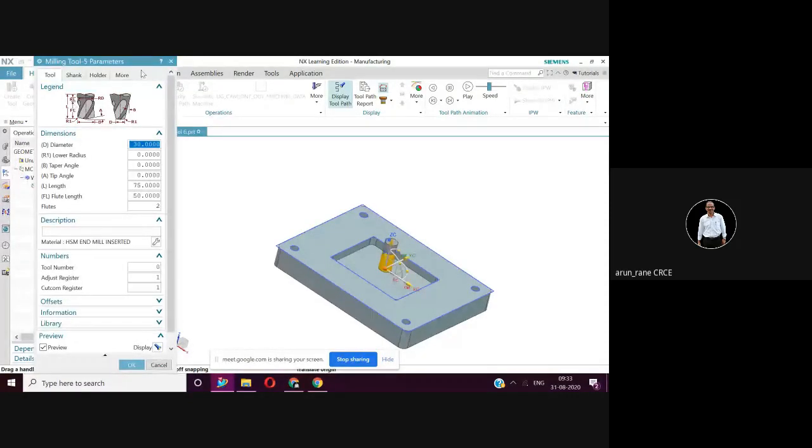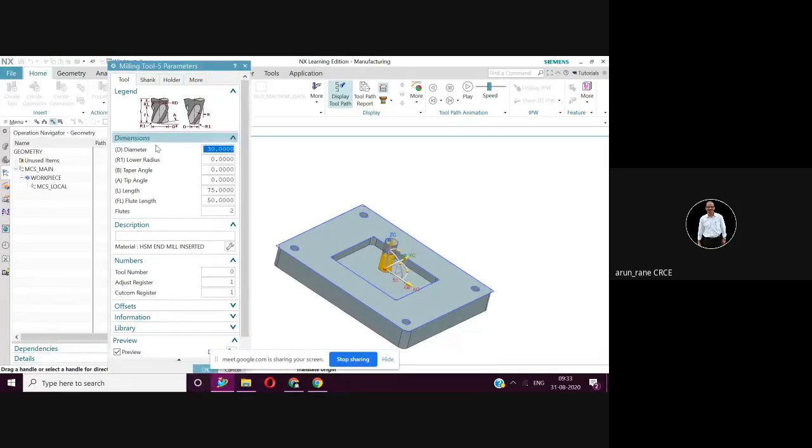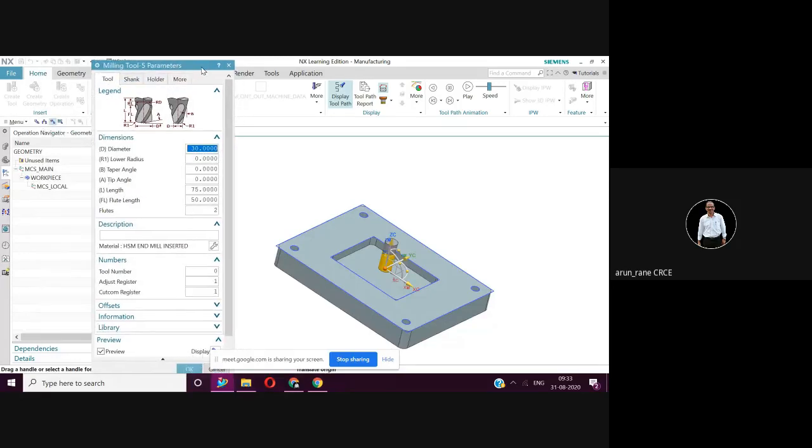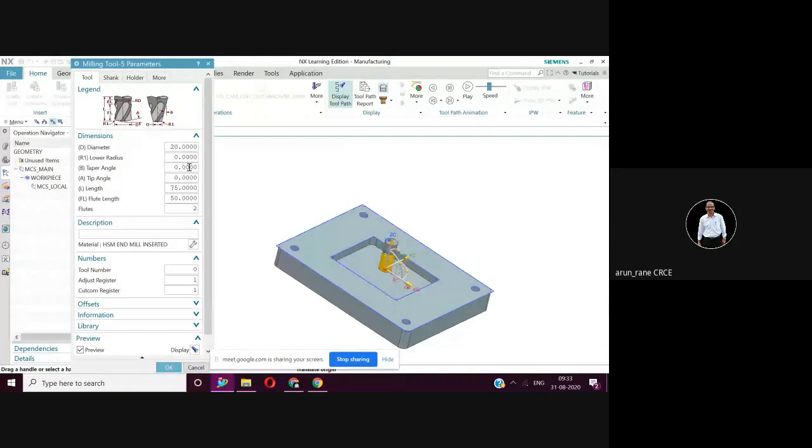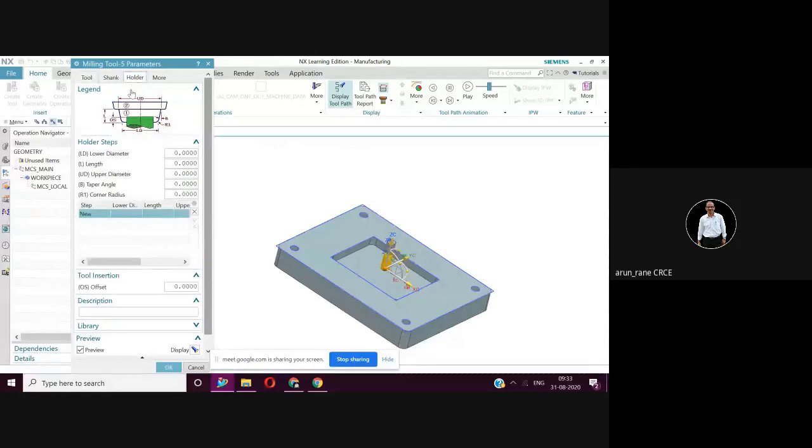So I'll go to end mill diameter, I have to select 20. And flute length is 50, that is enough because the depth is 20 and the total length is 75, so that is also sufficient. Then we can go for the shank or holder.